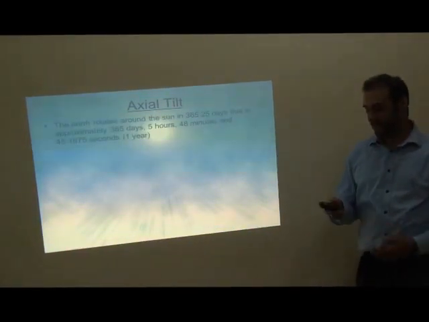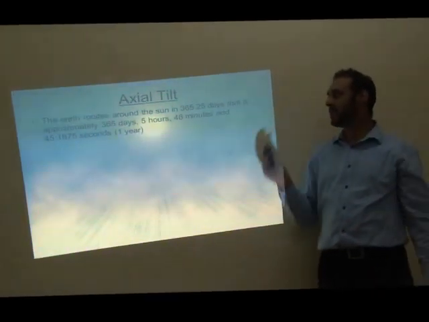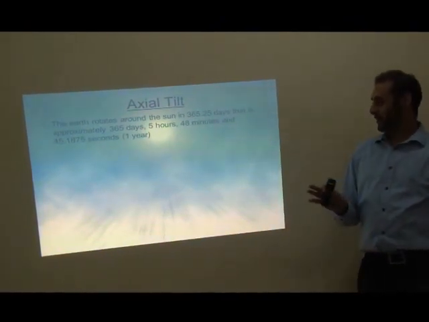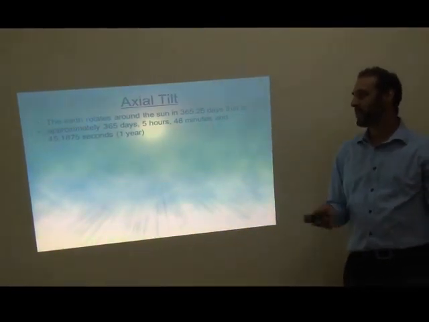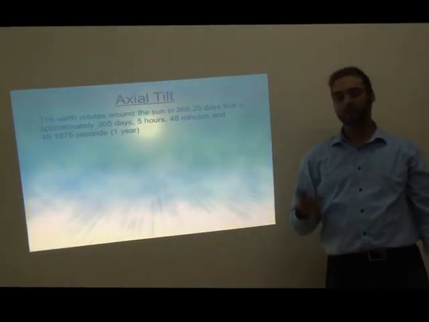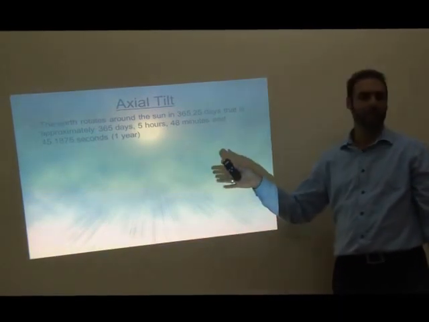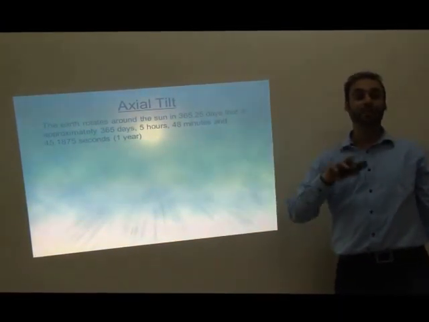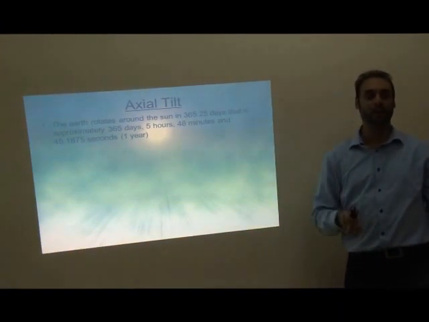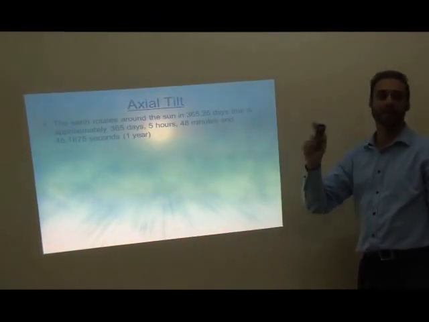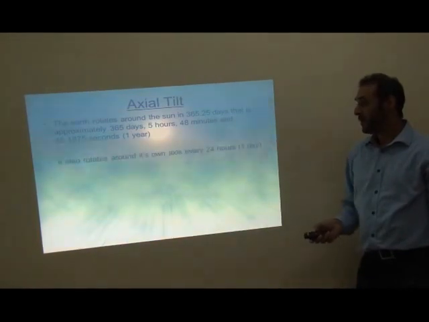Well, basically, the Earth rotates around the Sun in 365.25 days. That's approximately 5 hours, 48 minutes, and however many seconds. Now, we've always been told it's 365 days. It is. But it's actually a bit more than that. It's 5 hours more than that. And it's important to know this because you'll find out when we work out the prayer timetables why it's important to know it's actually 5 hours and not just 365 days.